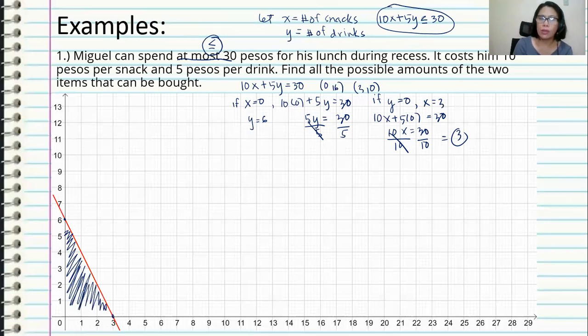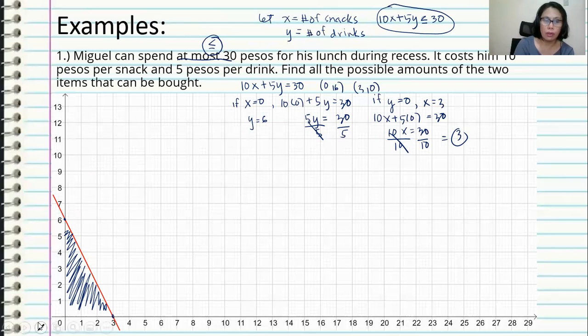Now, take note that the solution or the points on the solid line are also considered as the solution. So if we're going to consider a few points of the solution, a few points here represented by the shaded region, which are actually considered as the possible amounts of the two items that Miguel can buy to spend wisely his allowance. So if we have to consider 1 here, so we have if x equals 1,